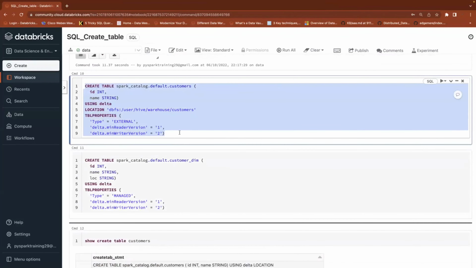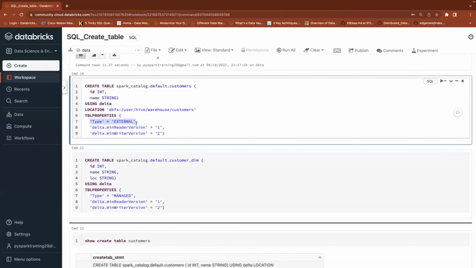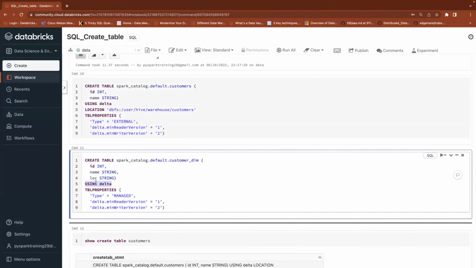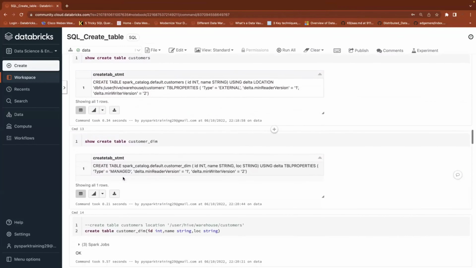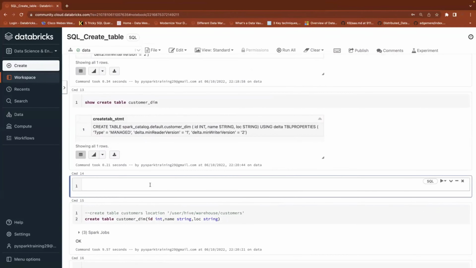And this is an external table. This is an internal table, or managed table. Type is table type, you see managed table. You don't see the location keyword. So whenever you create a table without location, then that will be created as a default managed table, or internal table. So the table will be available in the default warehouse location,